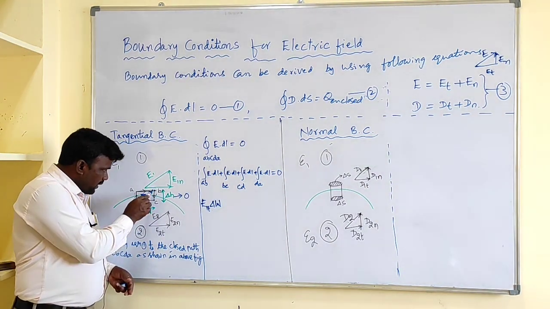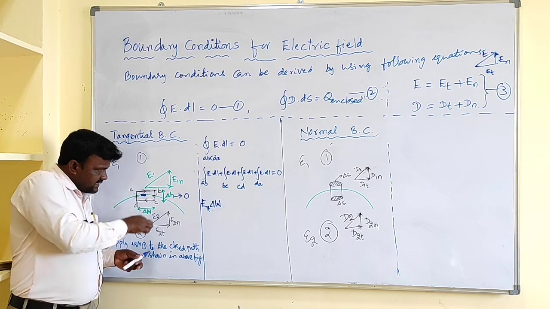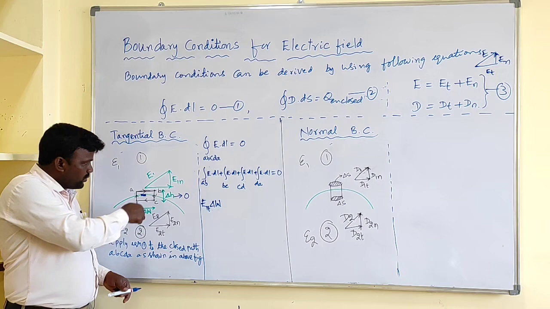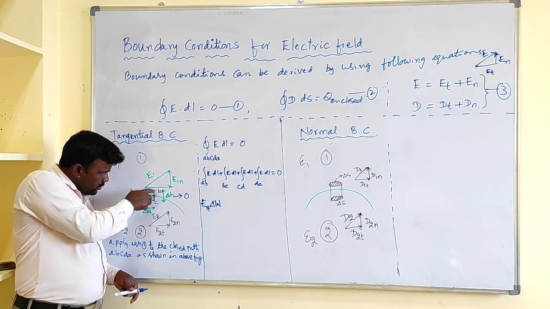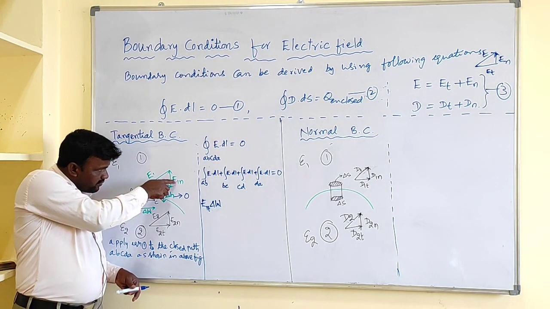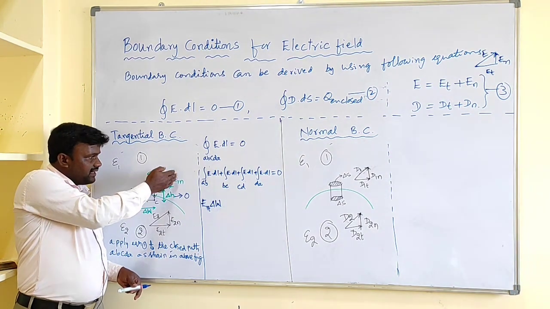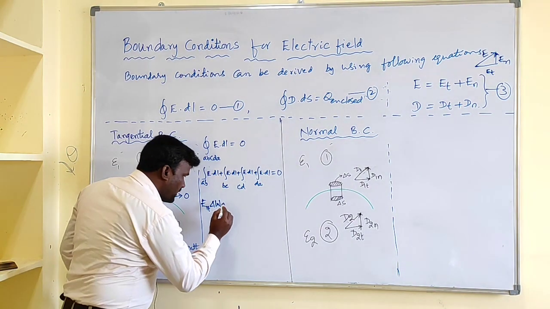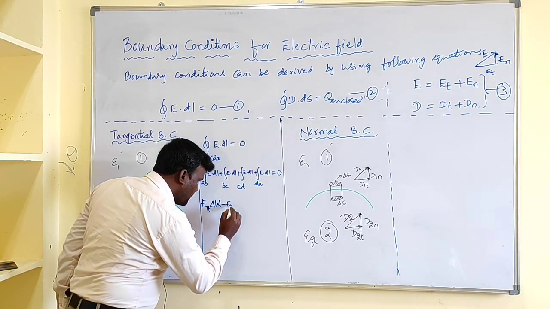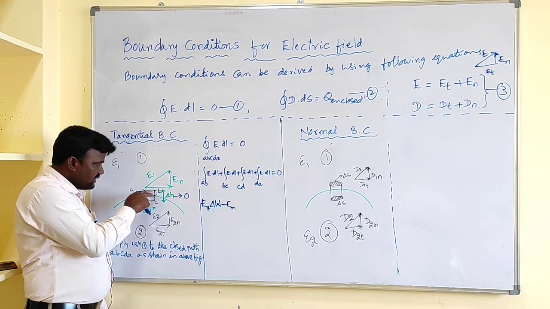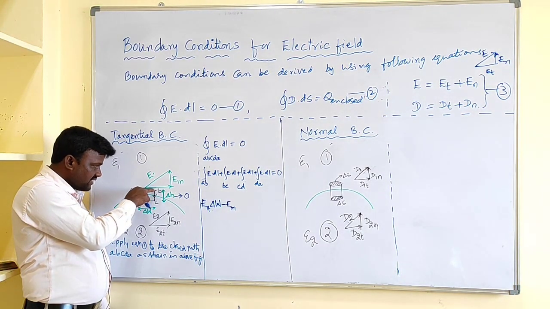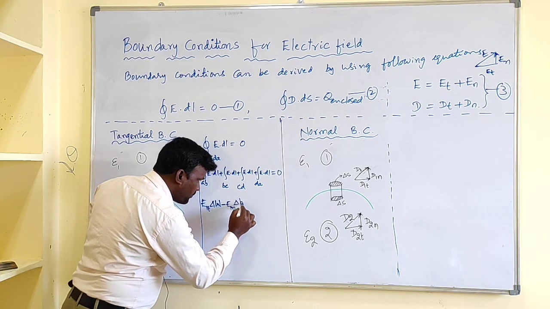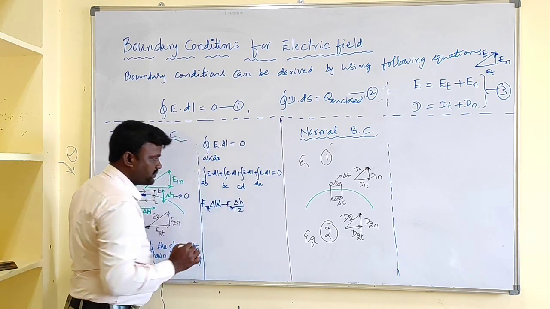Okay, so this point to this point, as B2C is equally covered in the first medium as well as in the second medium. So in case of the first medium, from this point to this point we have the field component, which is nothing but E1n. E1n direction is upward, whereas our B2C direction is downward. That's why we can take the field component as minus E1n. And what about the length? That is integral dl, integration and differentiation cancel. From this point to this point the length is delta h by 2.